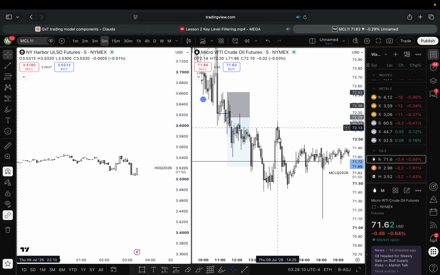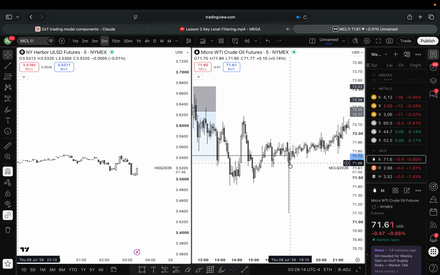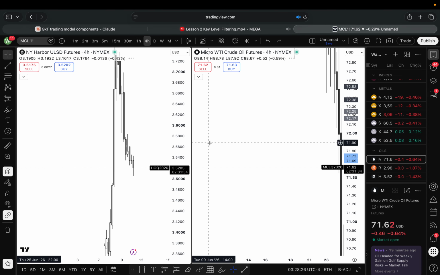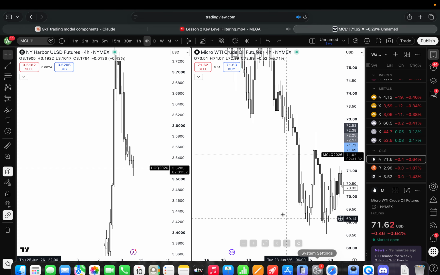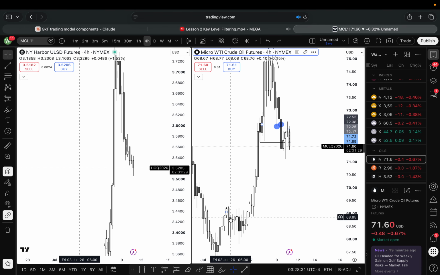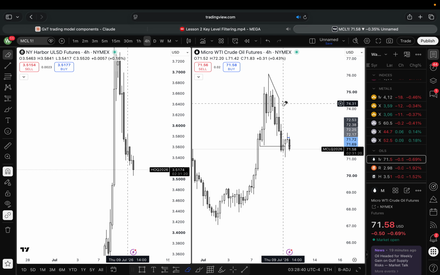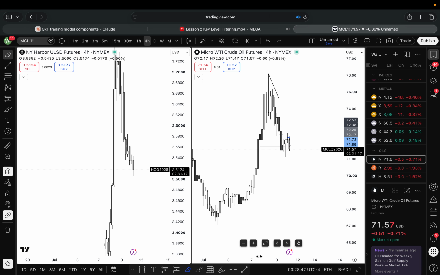We kind of just consolidated for the rest of the day until the new day, and we had this massive, massive wick here, right? Even on the 1 minute, that's a wick. So this is probably my draw on liquidity for today, right? So let's go on to the new trade for today, right? Let me just clean this up. And we also had SMT up here, which confirmed us moving lower into that daily fair value gap, right?